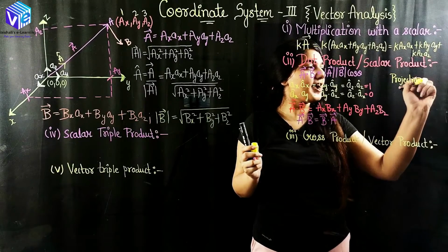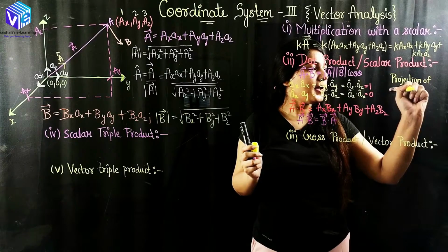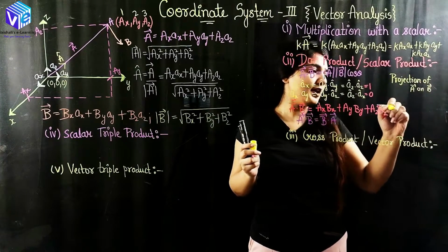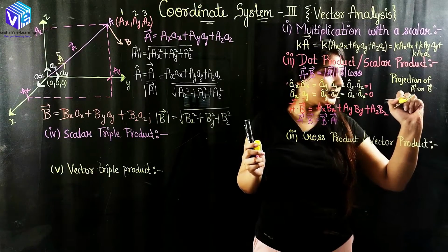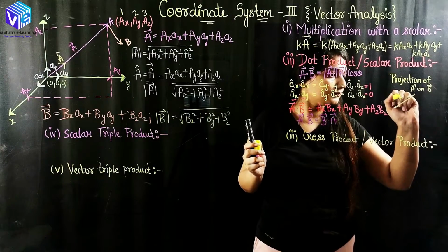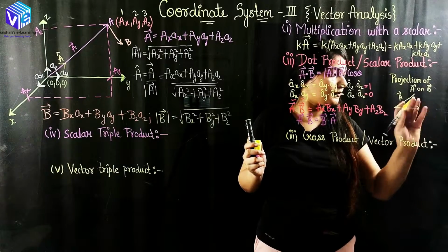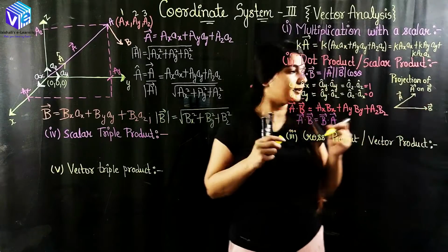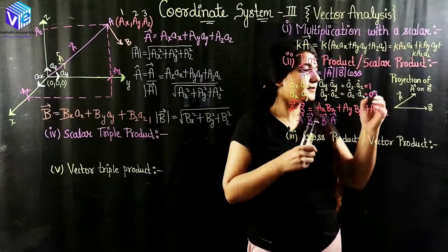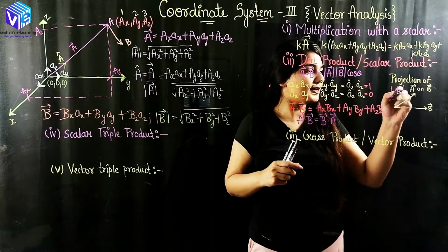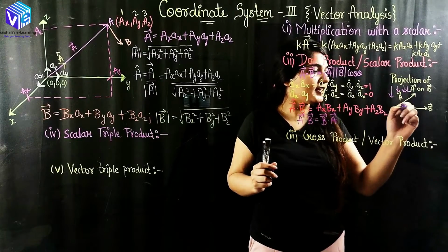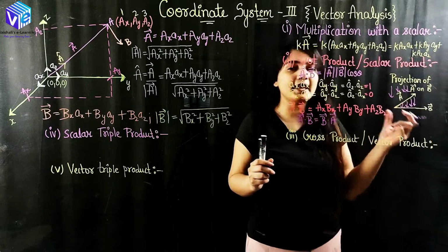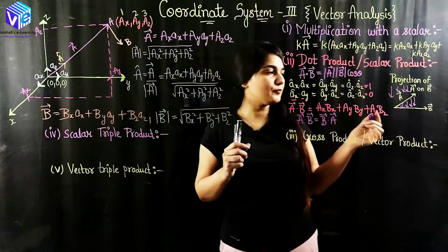Okay, if I have to find out the projection of a vector on b vector, what is the projection first of all? Here, if I have this vector to be my a vector, and this vector is representing my b vector. What is the projection? Projection means if I am sending perpendicular light, this light will be making a shadow on this axis. This shadow's length I have to find out, and this will be giving me the projection.